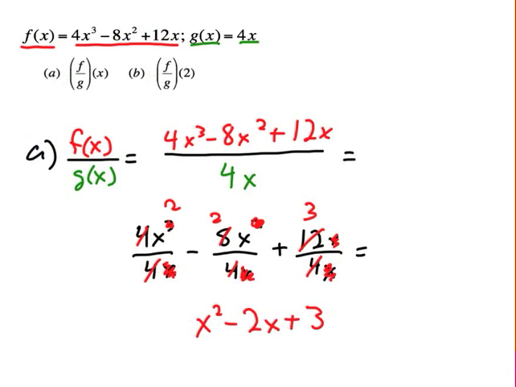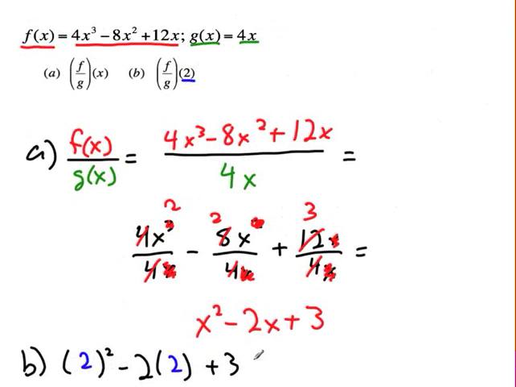So now let's do B. So B is going to be, well, f over g of 2. Well, we already know what f over g of x is. It's right here. So I'm going to find f over g of 2. So once again, I'm going to take this guy and pull out the x, and I'm going to replace it with 2,